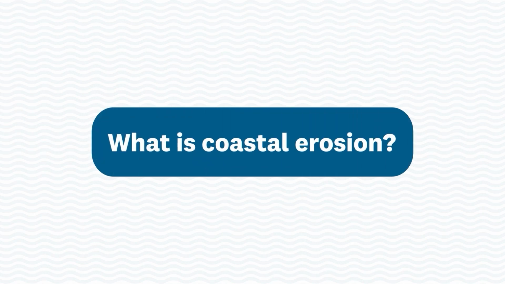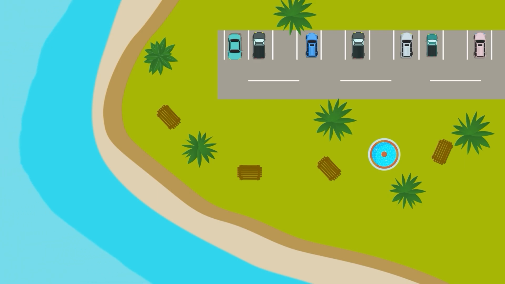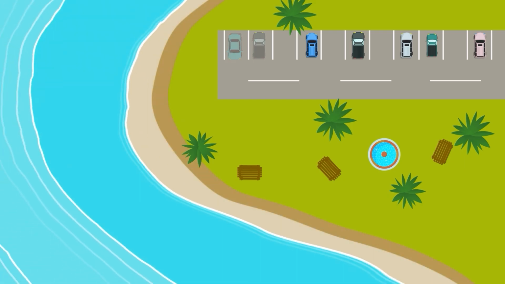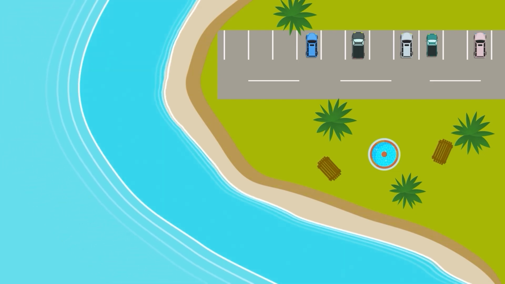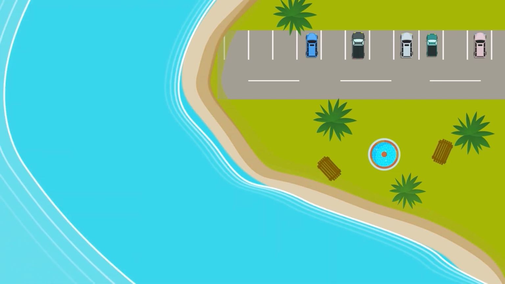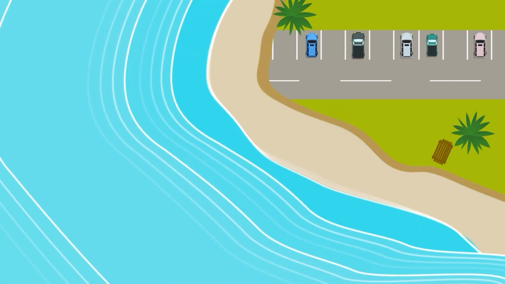Coastal erosion is a natural and ongoing process that has been happening at our coasts for thousands of years. As waves collide with cliffs and beaches, it results in the removal of materials like sediment or rocks at the shoreline, leading to the loss of land as the coast moves landward.